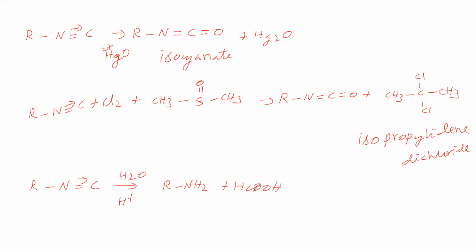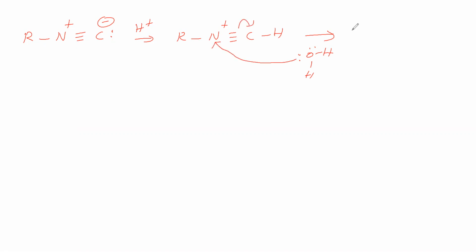primary amine and carboxylic acid. So isocyanide undergoes hydrolysis to give so and so. We will see the mechanism. Isocyanide we will write like this. Now H plus is attacking this, so we are getting like this. Then water attacks. In water, oxygen is having lone pair. This oxygen is attacking this one, so this bond is shifting. So RN, this water, here positive charge, here double bond, CH, lone pair, negative charge, here positive charge.